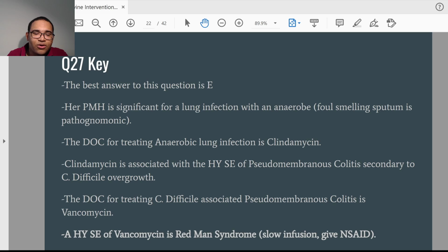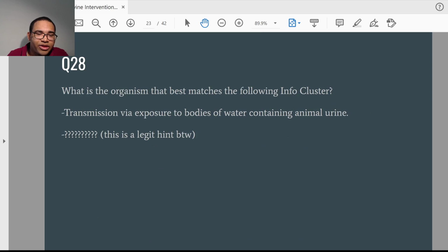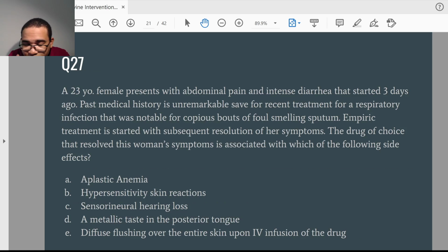Okay, so I think I've explained everything here, so I'm going to keep going. Now, before the organism that best matches, let me actually talk about a test-taking strategy on this question, because I know some people may be saying, but you put option C and you're still saying E. Let me ask you this. Between option C and option E, which is the most specific answer to this question? What is the side effect here that is unique just to vancomycin? That's Redman syndrome, right? That's why E is correct,